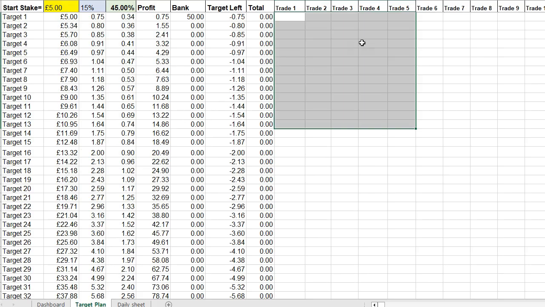So if we look at our plan, we're starting off with £5. Our first target is 75 pence, and we should double our bank in 12 targets. Now, the thing to remember is time is not something that you need to worry about. What you need to worry about is doing really good trades. So for example,